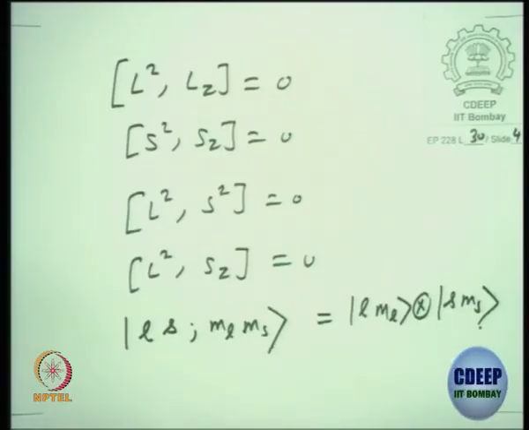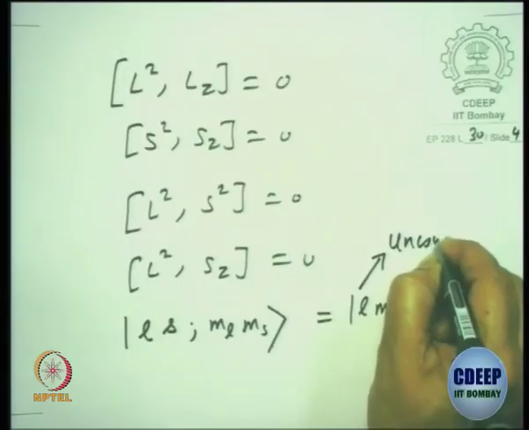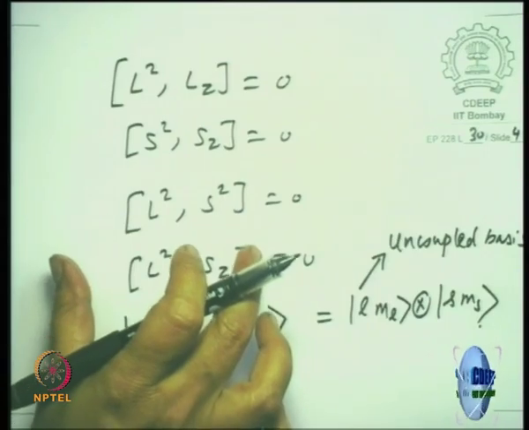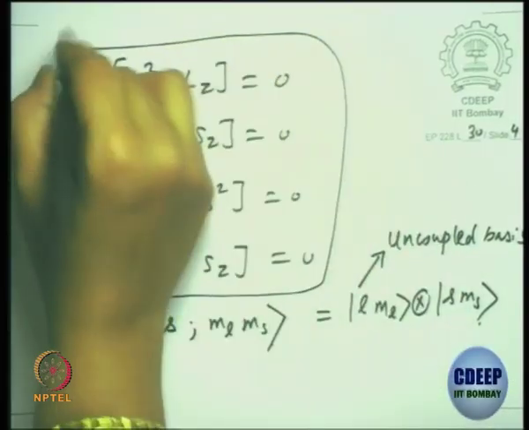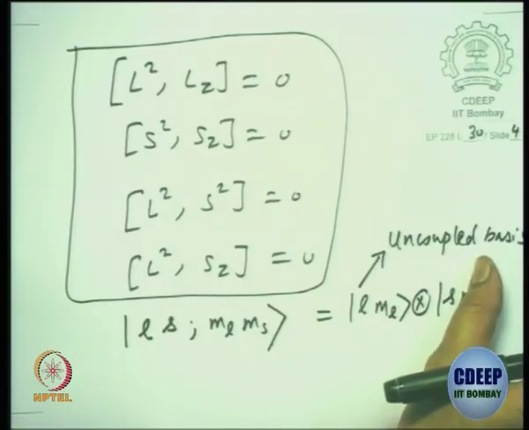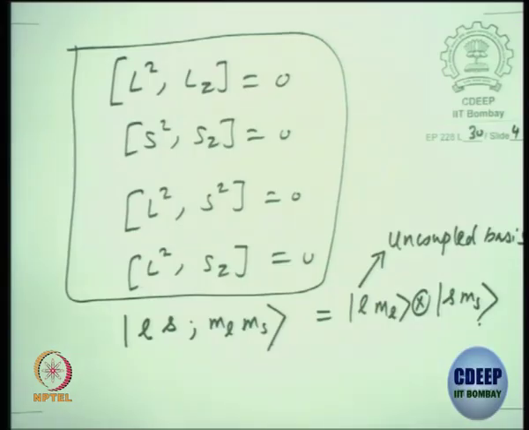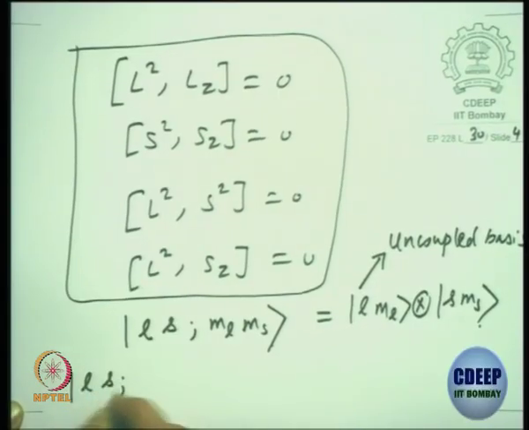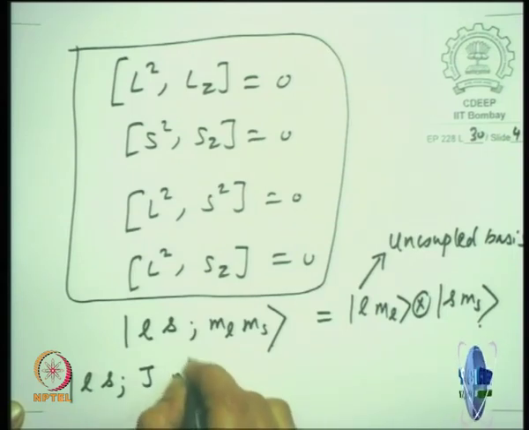So this direct product space is sometimes said to be an uncoupled basis. Why? I can say which one is the orbital quantum number and which one is the spin quantum number. So this is what we will call an uncoupled basis. This is also one compatible set, and the basis is called the uncoupled basis. The reason is that it keeps tag separately of the orbital quantum number and its magnetic quantum number, and the spin and its magnetic quantum number. The other basis which I wrote is also another equivalent compatible set, but that one keeps track of the total J and the total magnetic quantum number,